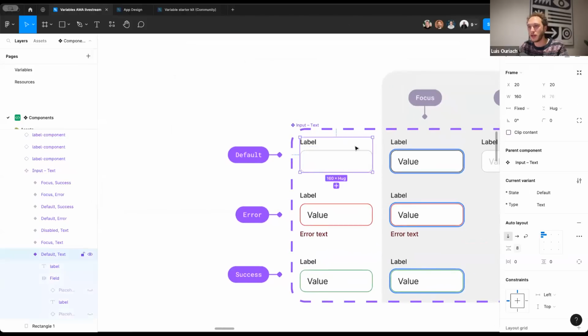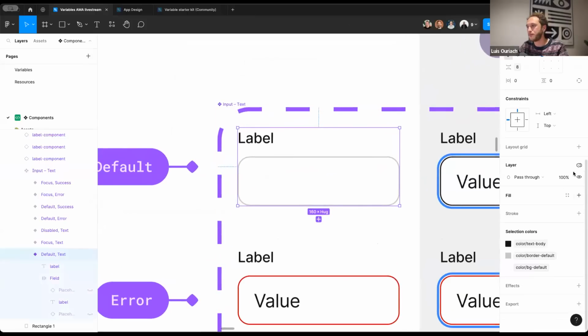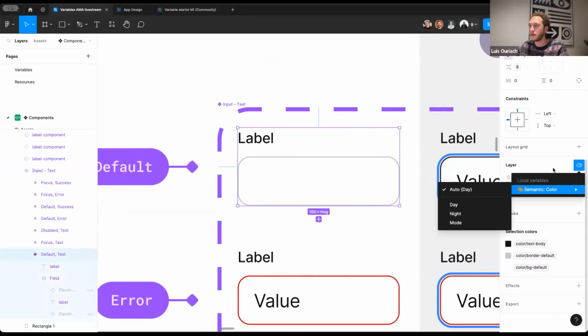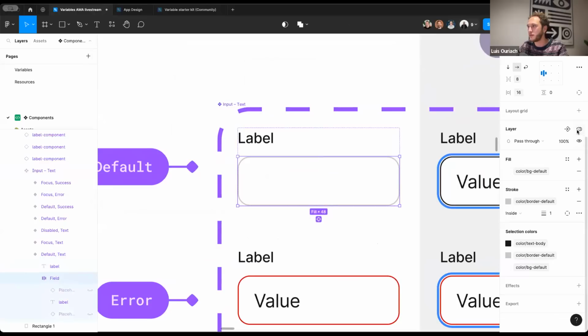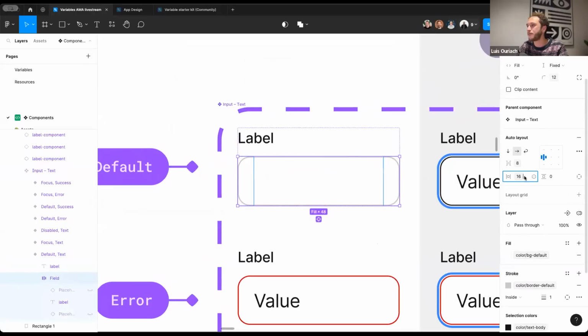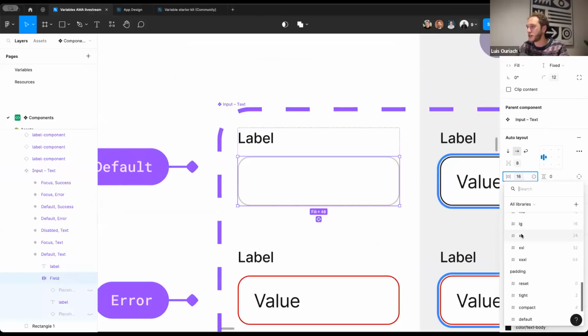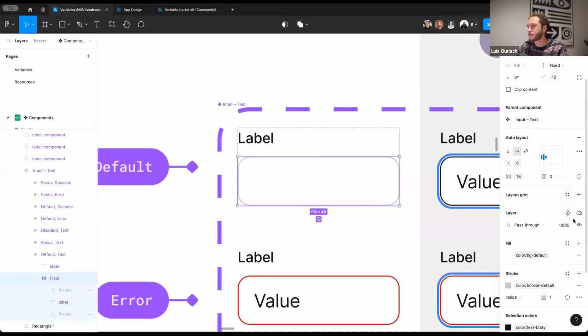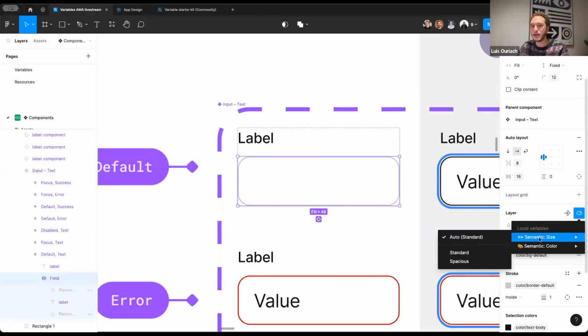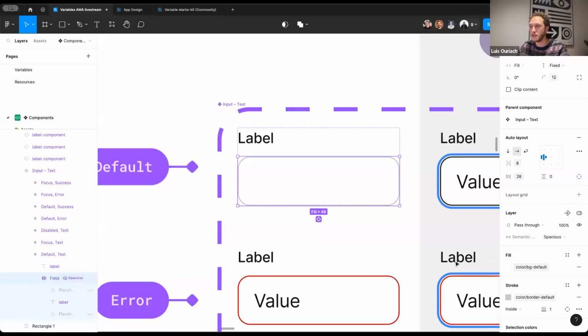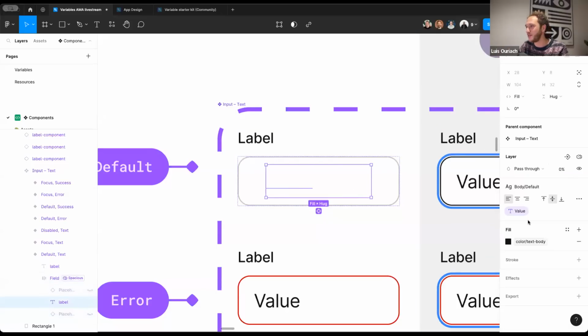If I now select my component and change the mode from the layers property panel again, let me just select the inside here. I'm just going to re-add this in. Let's go to our spacious. And I can now see that semantic size pops up as an option. I can change it from my standard to my spacious. No change inside because there's no content in there. If I now make that content visible,